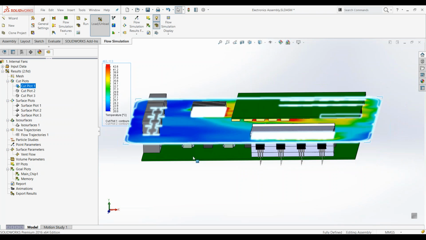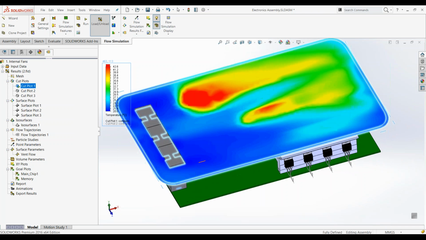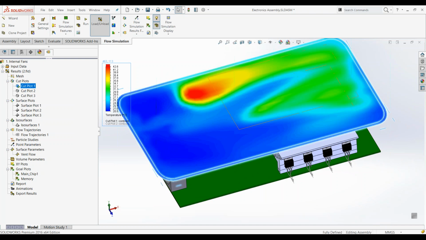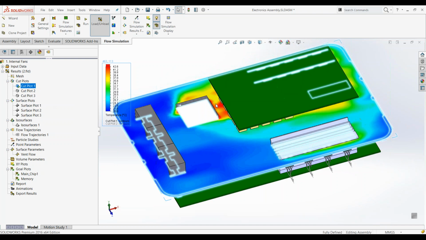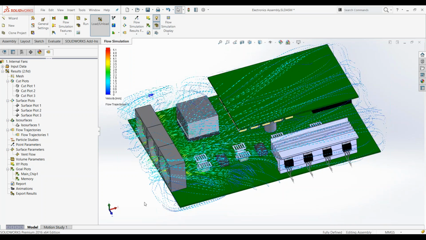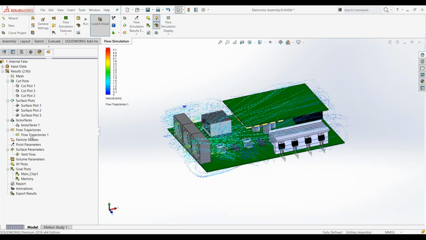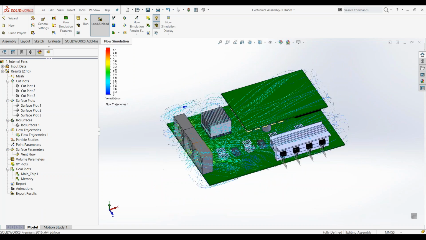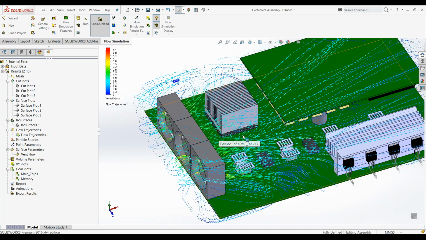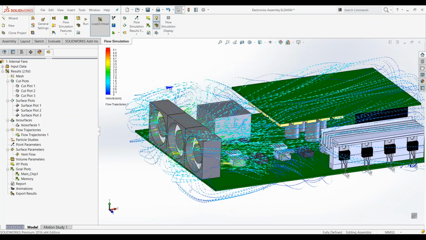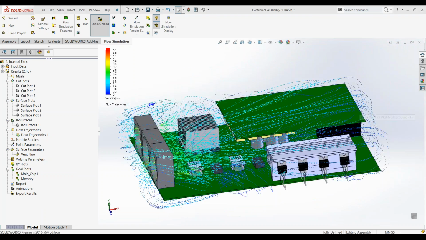Let's play this around. Okay, looking at how the fans blow away the heat, and to understand further the ventilation. So we can look at these. The air blows across the heat sinks, carrying away the heat, removing it